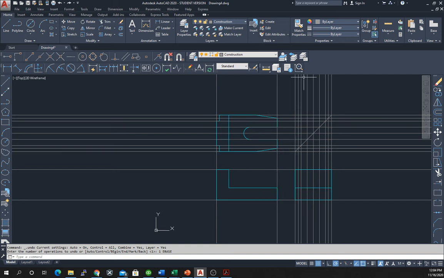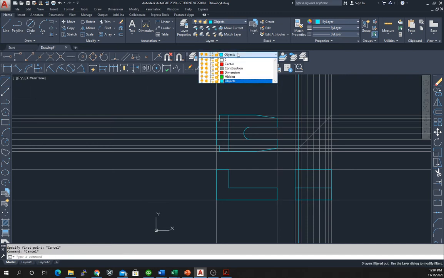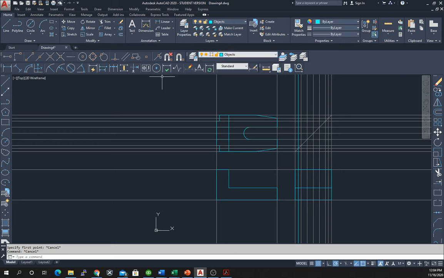So anyway, what does that tell us? As I'm saying that, I'm switching over to my objects layer. That tells us that this little cutout will be visible. So we need to show that feature as a solid line. And that feature is only going to show up on the lower portion of the drawing. So we can simply, in our objects layer, and what I did is I actually just changed the layer. Accidentally changed the